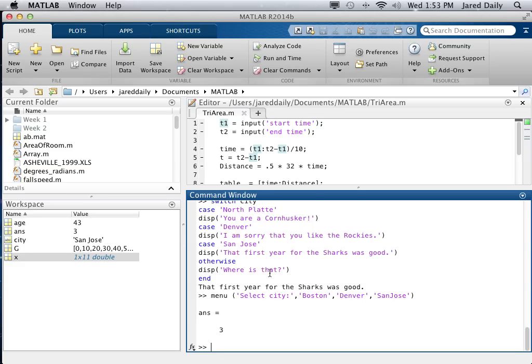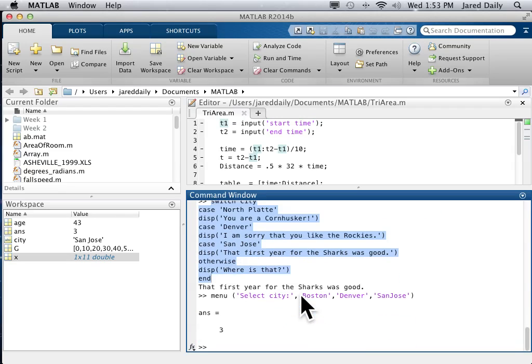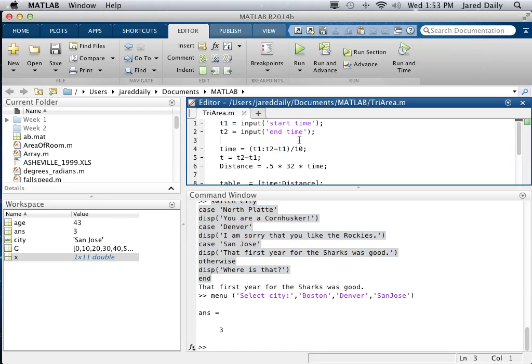Normally what MATLAB will do is just tell you which answer you chose. You chose the third answer in the menu box. However, we can use this to put input into a little program, for example, to put input into this program that we wrote up here, this switch case thing. So let's actually open up a little